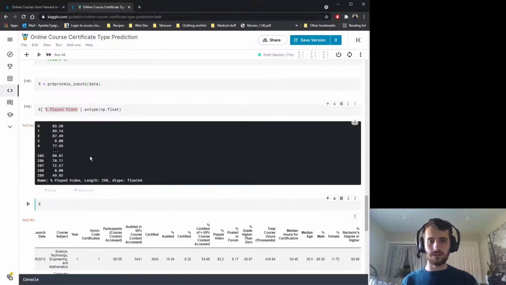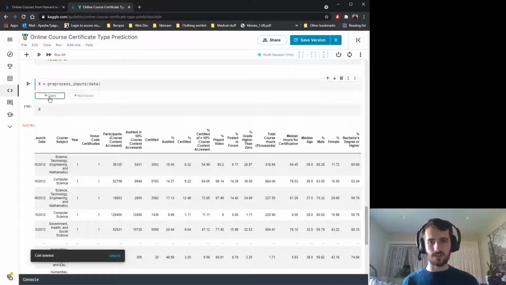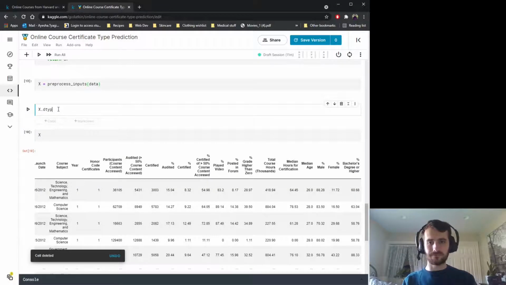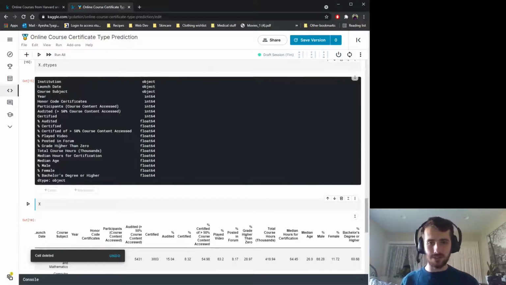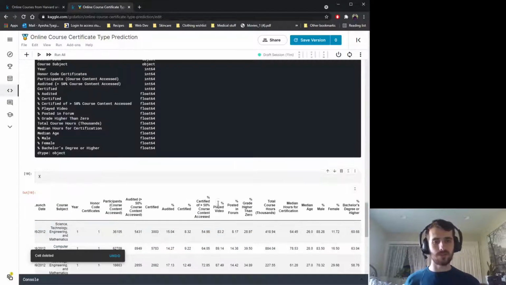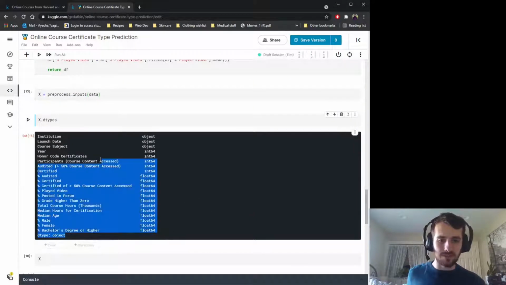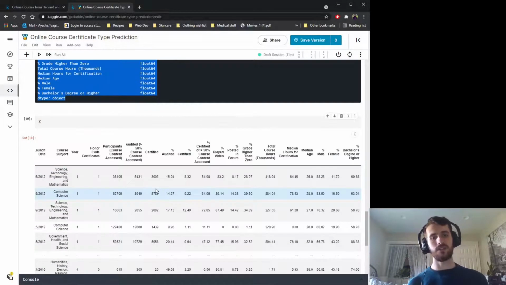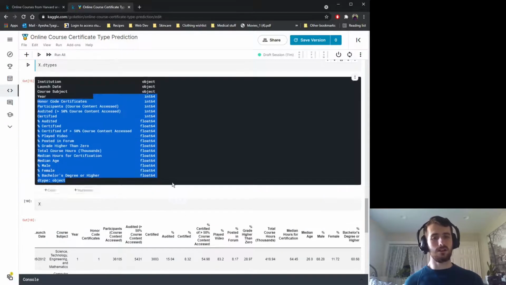Alright, now it did convert to a float properly. And if we check x.dtypes, you can see %played video is now a float column. So we've no more missing values, and I don't think there are any other missing values in this whole dataset. Alright, so